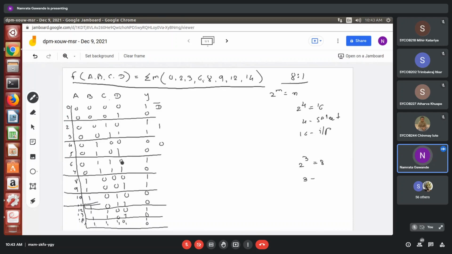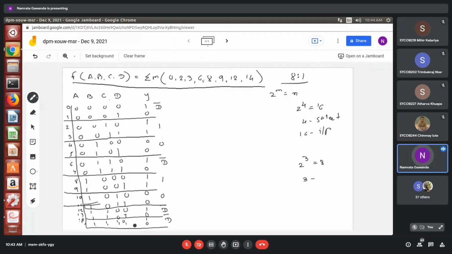After that, again you can see 0, 1, and you only have to compare with D, because we want to eliminate only one select line. So we are considering the least significant bit, not the most significant bit. So 0, 1 with 1, 0, again compare. This will be again D bar. Again 1, 1 means it will remain 1. 0, 0, it will remain 0. 0, 1, again 1, 0; here if you compare with D, 0, 1 is here, 1, 0 is there, again D bar. Same over here you will get for 14 and 15: 0, 1 here, 1, 0, so D bar.